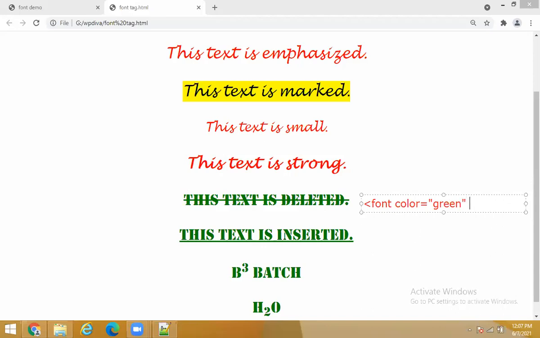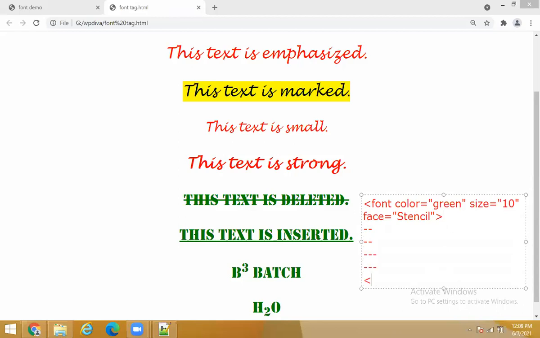Yes, very good. Then which attribute do we have to take second? Size. Very good. I want everybody to answer. By default, shall I take 10? Then what is next? Font face. Face equals, I have taken stencil, S-T-E-N-C-I-L. It is one style of font. Very good, you understood the code. So in this way you have to write the code: font color is green here, size will be 8 or 10, and font face is equal to stencil. This is applicable for all 4 lines, 1, 2, 3, and 4.